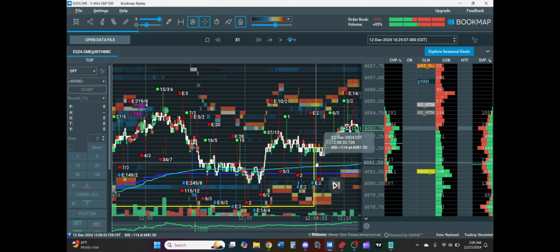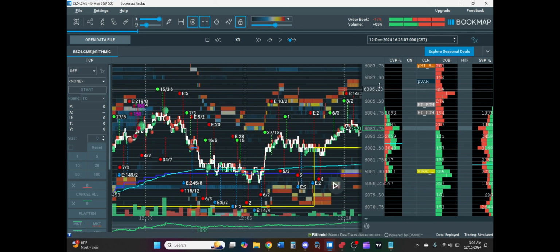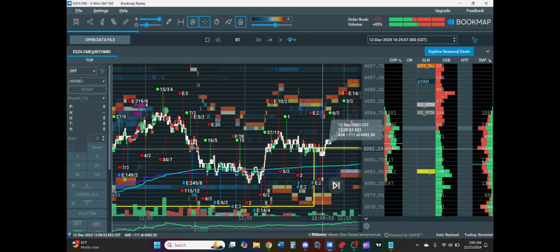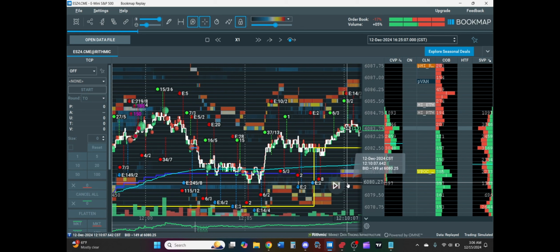So if we see VPOC migration and we have range, this could be a potential long, not trade recommendation, but if we got a 5-point, 6-point range and there's a 90% chance we're going to take out the previous value area high, you have stats on your side. You can put your stop below mid VWAP, not trade recommendation, but